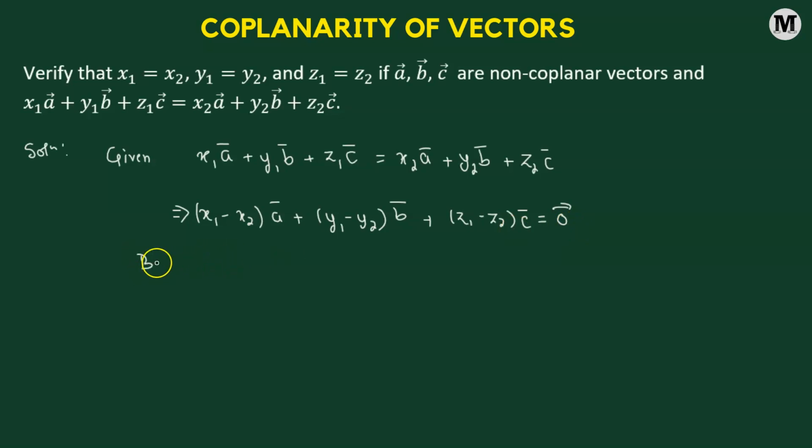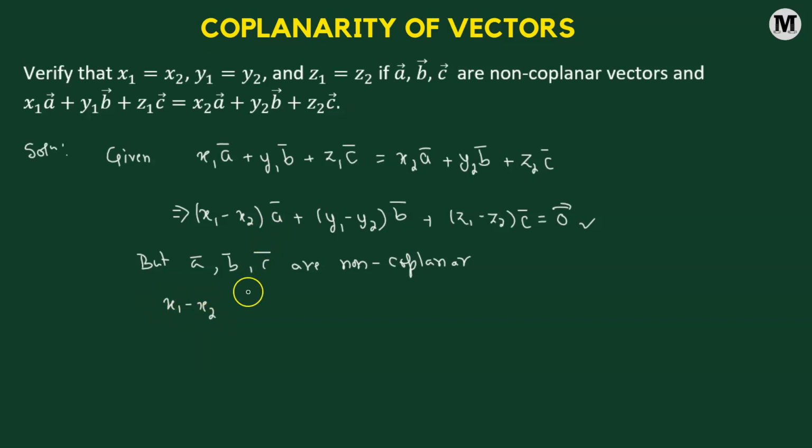However, it's given that the three vectors, vector a, vector b, and vector c, are non-coplanar. That's a condition that's given to us. They are non-coplanar. If they are non-coplanar, then this particular equation is going to be true only when x1 minus